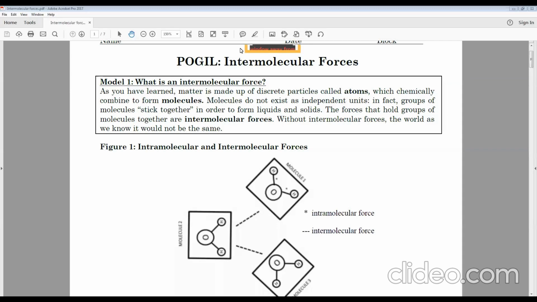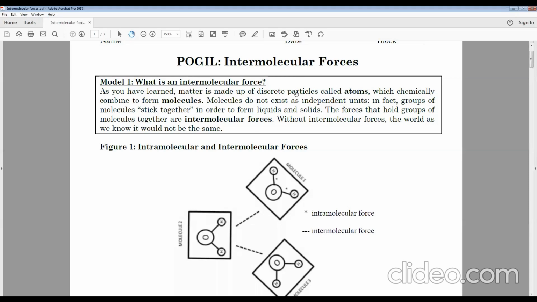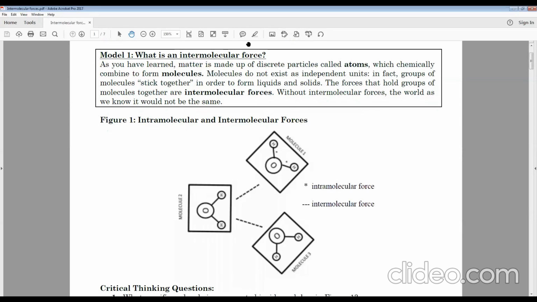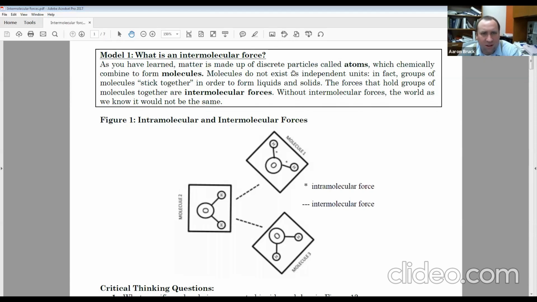All right, so let's walk through the intermolecular forces here, and let's go through the pages of this particular activity. So in Model 1, we are asked, what is an intermolecular force? And so this is what we started off the topic with, and I was looking at the difference between intramolecular and intermolecular forces. When it comes to molecules, molecules are dominated by intramolecular forces, meaning we have bonds that hold